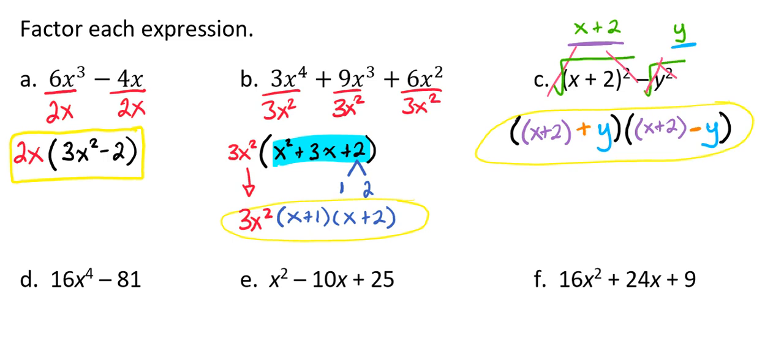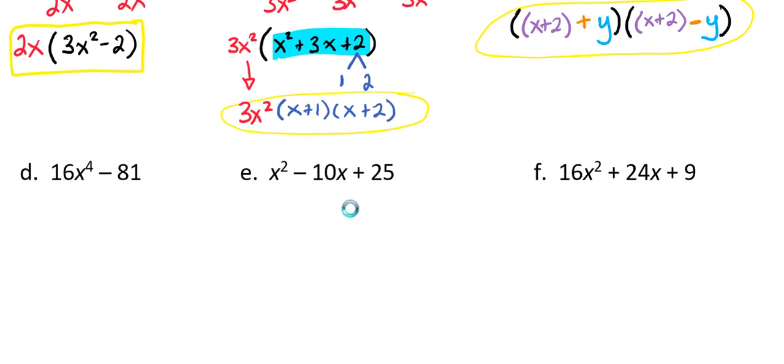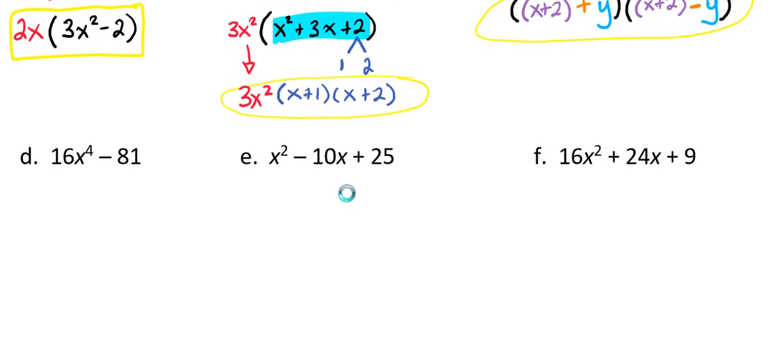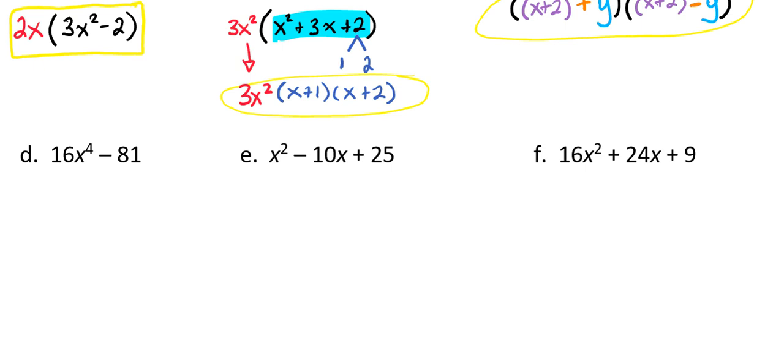So let's take a look at our next example. For letter D, we have 16x to the fourth minus 81. Now looking at this, the first thing I notice is there's no middle value. I have a leading coefficient and I have a whole number. And I also notice that 16 is a perfect square, and so is 81,